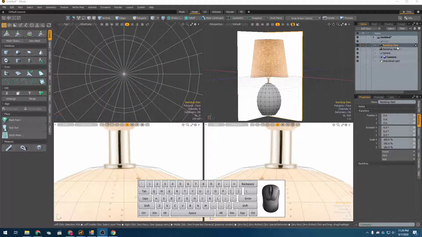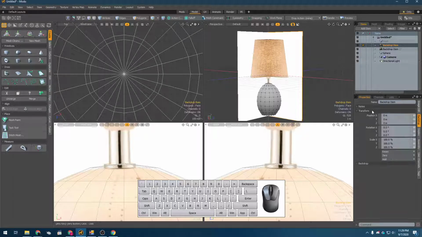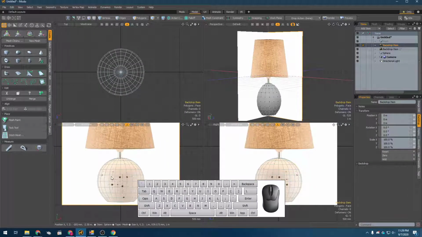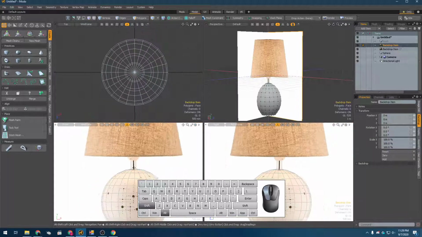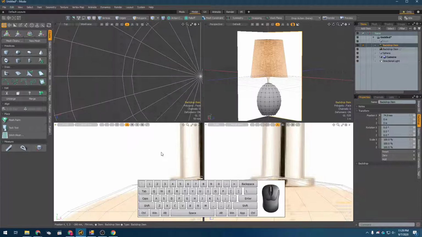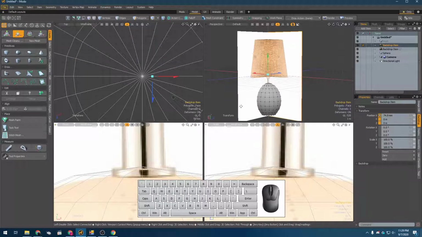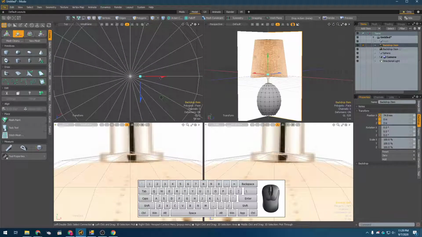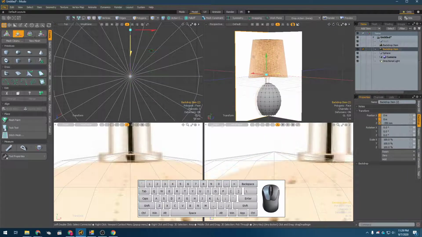So we can select this backdrop item, go to its transform properties, and just change the position. In this case, we want to move this object over to the right in the x-axis. So slowly click and drag on this until that's lined up. We can also zoom in quite a bit, and we should be able to just use our move tool as well here. So just line that up to there, and then we can grab our second backdrop item and line that up